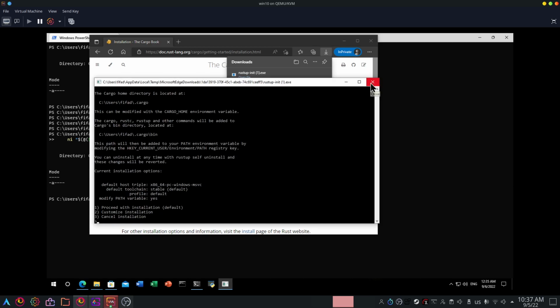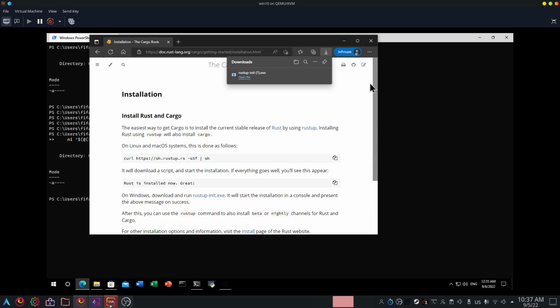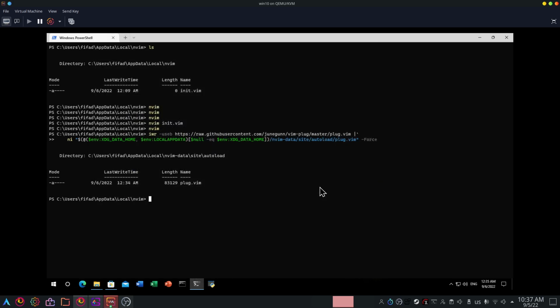I will not go through this. You can install Rust and everything. This is a prerequisite for some of the plugins I'm using, and I think that is it for